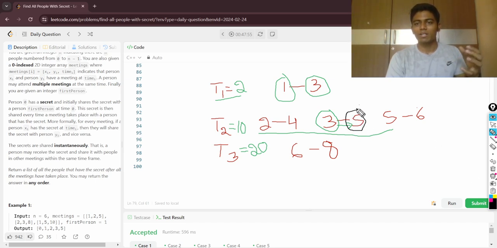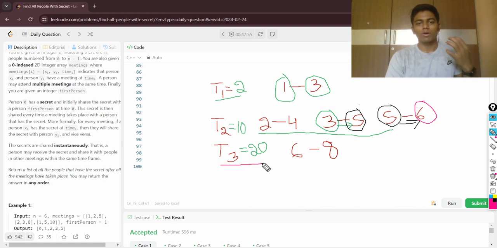So this is the next iteration. And then at this particular iteration, all the connected people to 3 are going to be visited. And then this particular person is going to spread the secret to 6 person. And then we'll see whether there are any people who are connected to 6 and who don't know the secret. There is none of them, so we are going to stop here,